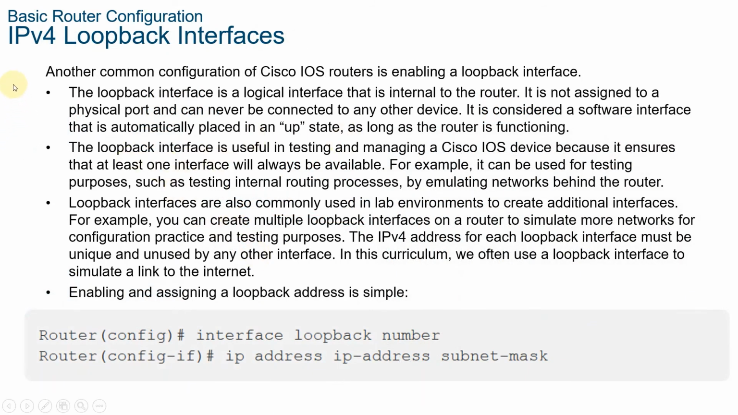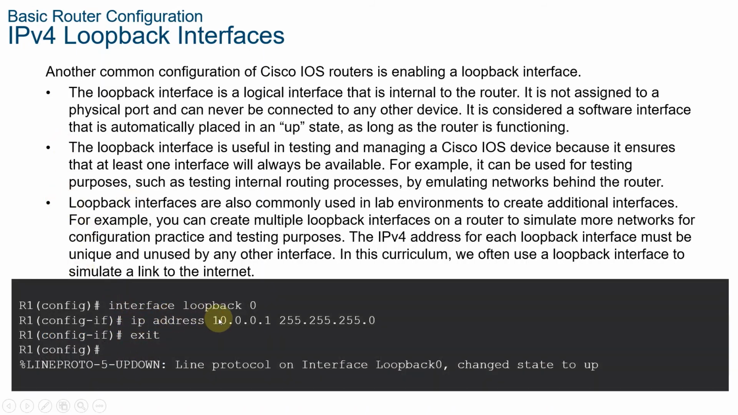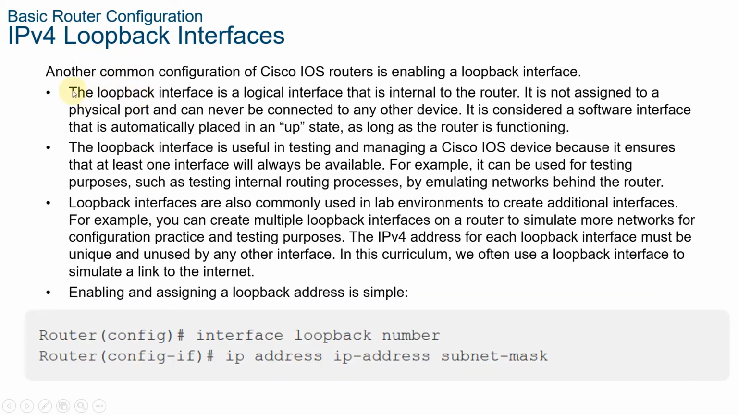So next would be the IPv4 loopback interfaces. Multiple loopback interfaces can be enabled on a router. The IPv4 address for each loopback interface must be unique and unused by any other interface, as shown in the example configuration of loopback interface 0 on R1 here. Something like interface loopback 0, you could assign an IP address to it. And that's it. The IPv4 loopback interface is another common configuration of Cisco IOS routers, is enabling